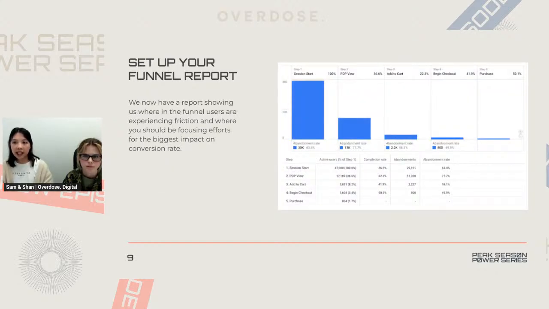So once we've done that and we've hit save, we end up with a beautiful funnel report that should look something like this. So we can now see where the biggest areas of drop-off are and where small improvements could actually have a big impact on improving your conversion rate. For example, in this report here, you might look at the numbers and be like, okay, my biggest area of focus should be on the PDP. So we can see here that only 22% of users are adding to cart from the PDP,